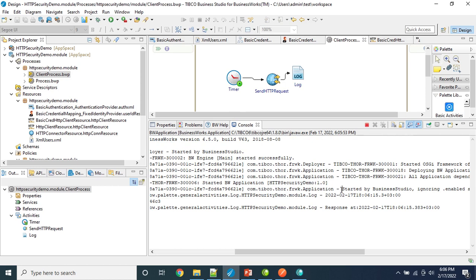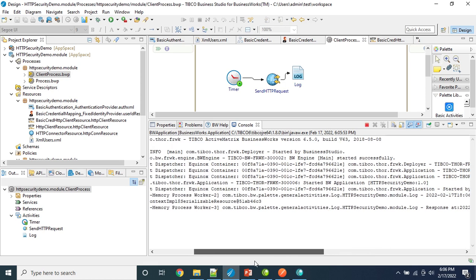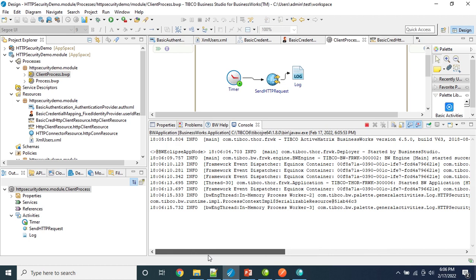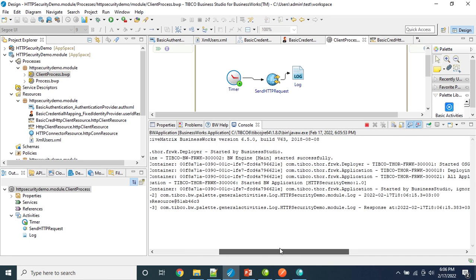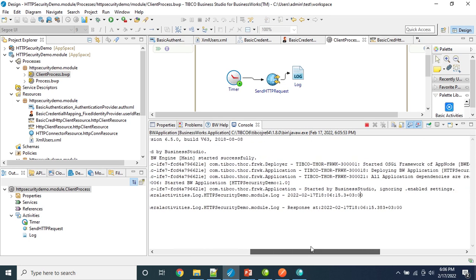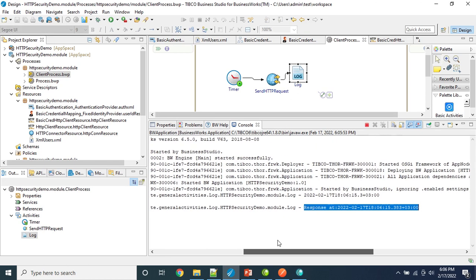Okay, so we can see that we got this that started the process. Then there is a log on the server side. This logging, because on the server side we are logging only the time, and then once it sends back a response on the client side, we can see that we have this log at the client side which says response at whatever the time it is, because this is the log from the client side. So basically what happened is that both client and server worked successfully based on the provided